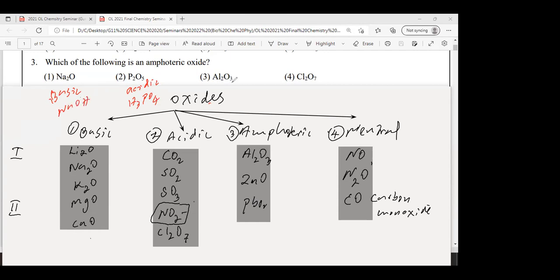Aluminium oxide, the inner layer of the surface of the cooking pot, doesn't react with water, but it reacts with acids and bases. That's why we should not prepare acidic and basic food in aluminium pots or pans. Chlorine oxide is a highly acidic non-metallic oxide. Therefore, across the period, acidity of the oxide increases. Down the group, basicity increases. So in the periodic table, when the electronegativity increases, the acidity of the oxide increases, right?